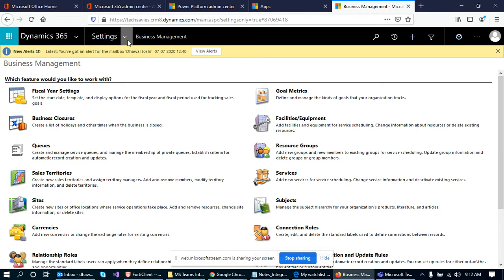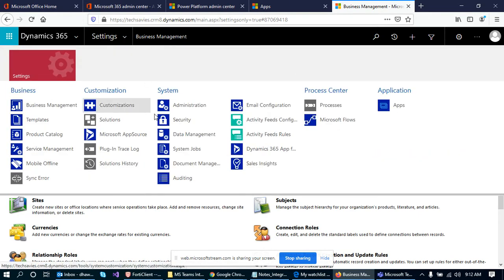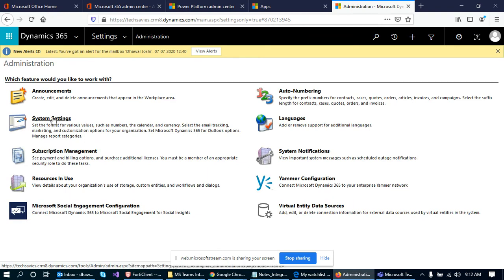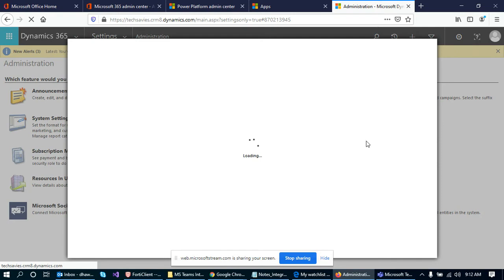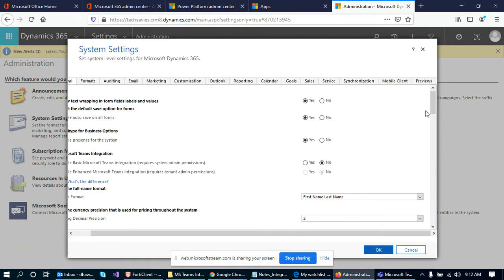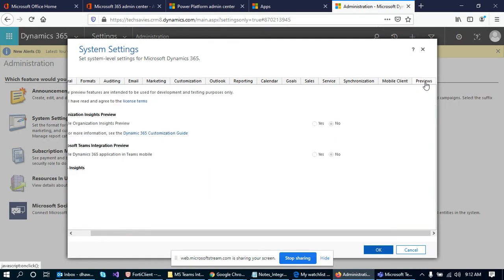Here we'll navigate to administration under settings and then navigate to the system settings. Here we have all the system settings related to CRM. We'll quickly go to the previews.